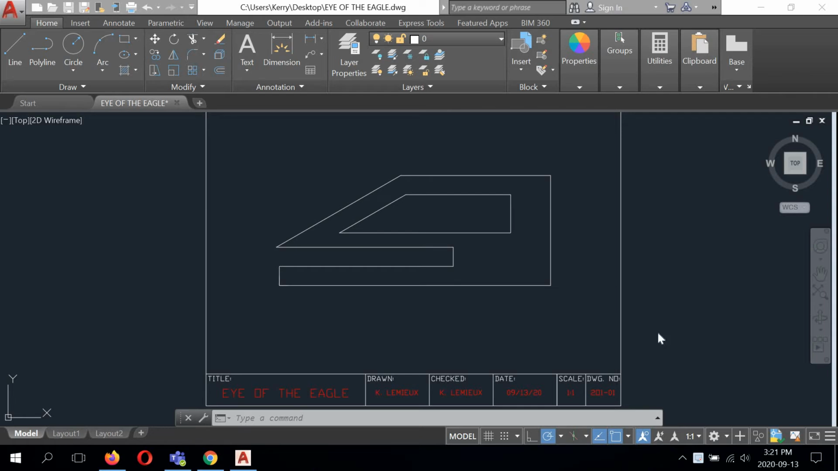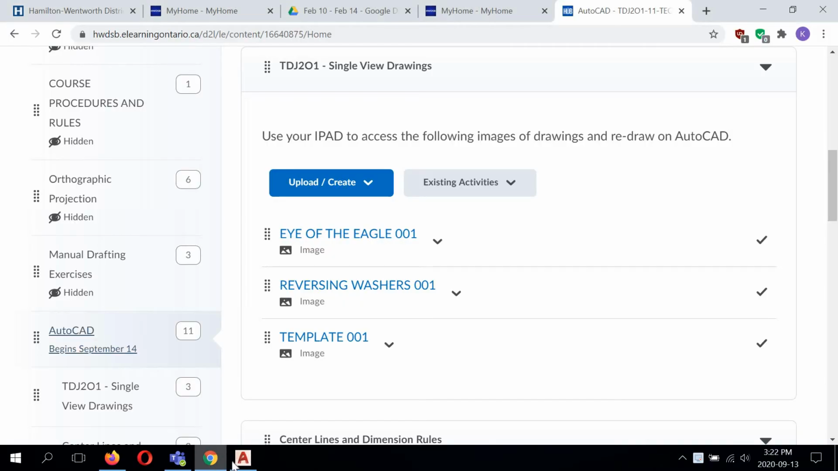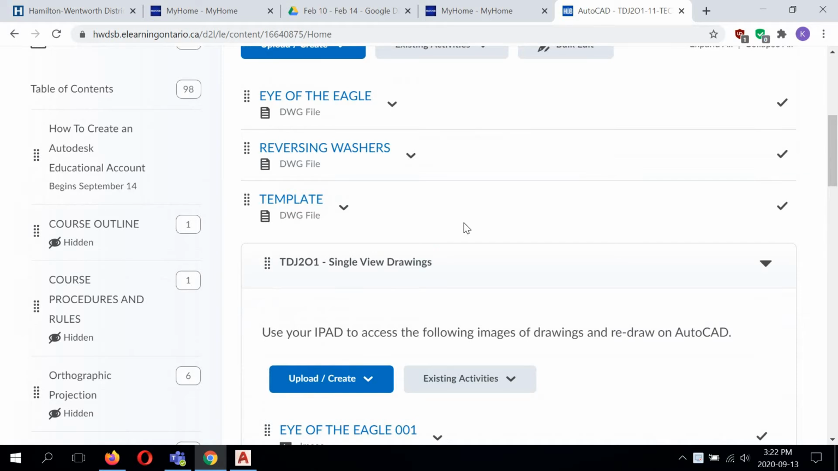This is going to be the completion lesson for the Eye of the Eagle drawing, our first single view drawing. This is going to show you how to run the dimensioning appropriately for this drawing, so whoever had to actually build this Eye of the Eagle would be able to manufacture it to appropriate size requirements. We're going to go back to the hub and go to the AutoCAD module where we showed you